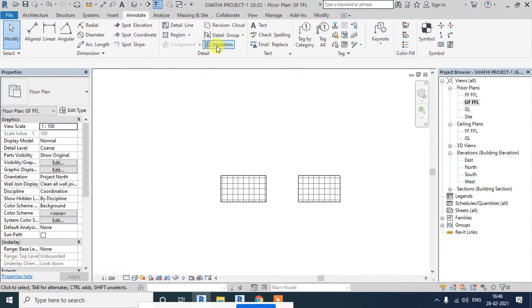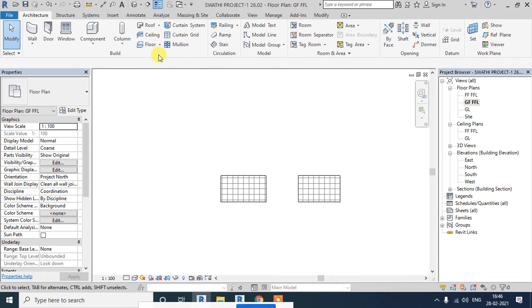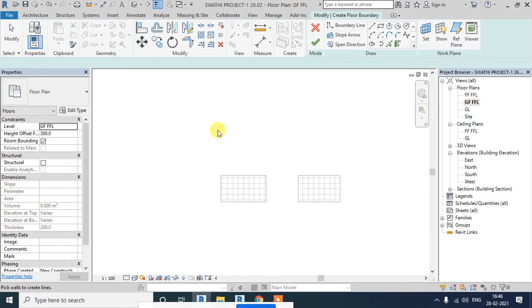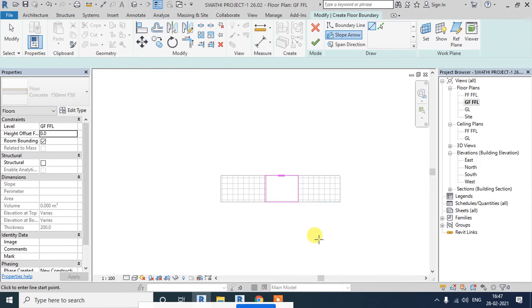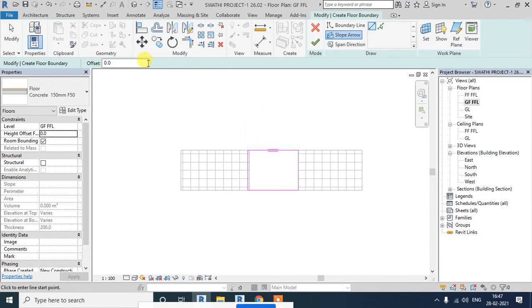So what I'll do is go to Architecture. I'll say floor. I'm taking a third floor now, and the floor is supposed to be from the ground level, so make the offset 0. Draw the rectangle here. Make sure that the span direction is in the direction of the slope. Then I say slope. Oh, no, I have to adjust this one. Can you see the advantage of the align command?